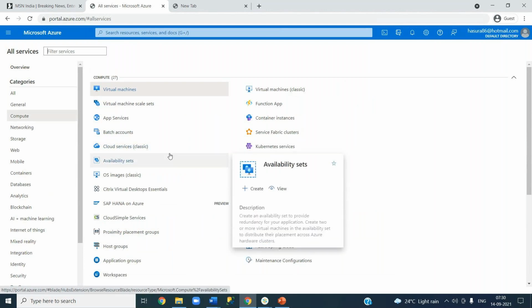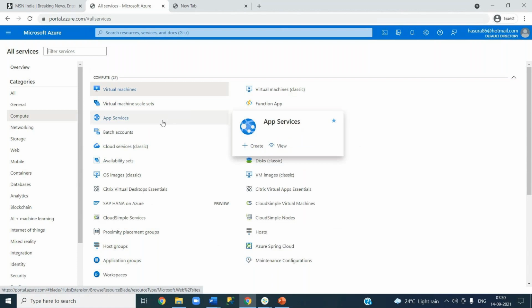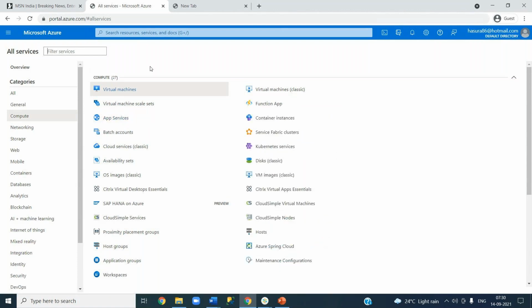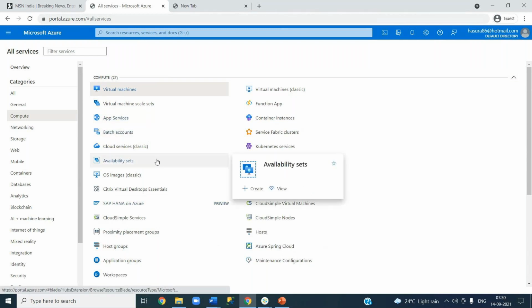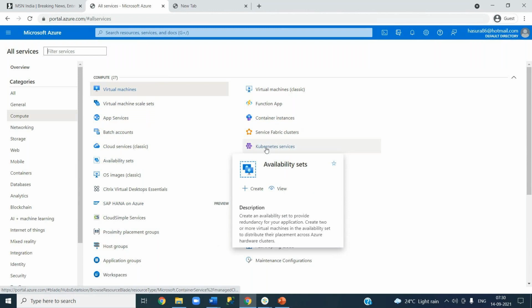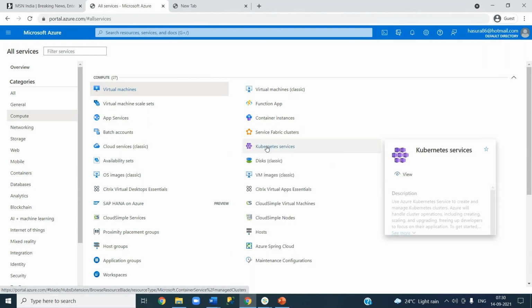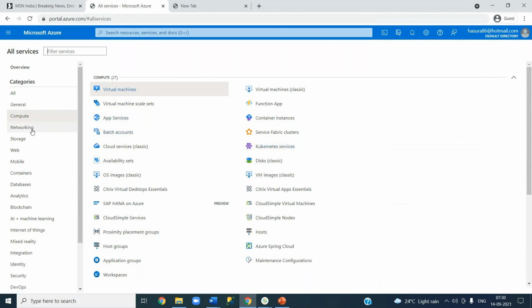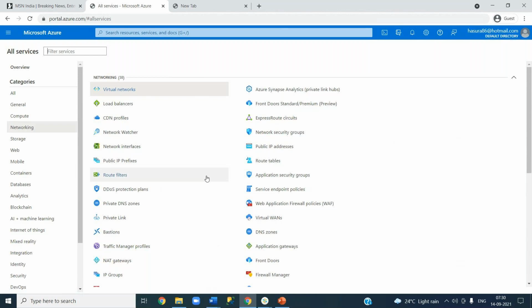Anything related to your servers, you call it compute. You will go and create a virtual machine, and there are many other features related to virtual machines: your disks, your networks, and even your Kubernetes services are also compute, because Kubernetes is a group of servers basically.